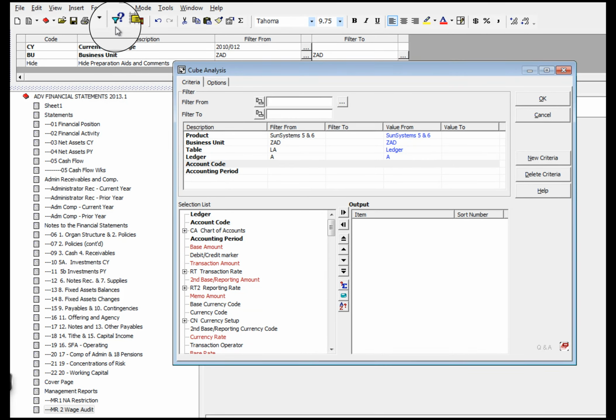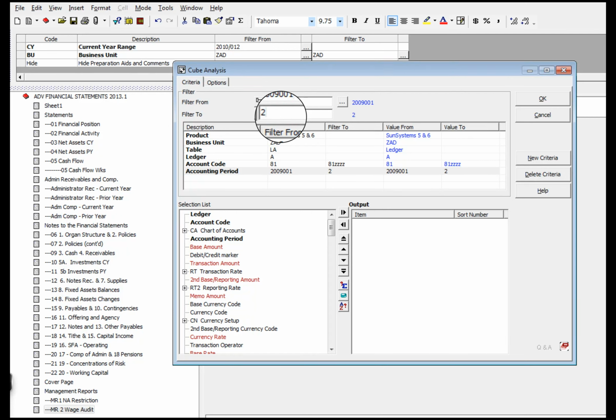This is not a drill down, this is a design mode deal, and I put my 81 accounts here, same problem, and I go 81 ZZZZ, and I want to do it for 2009, 2009, 001. And if I were really doing this for the financial statements, I would link these all into the prompts, but this is OK here. And then I will take my base amount and click it on the right.